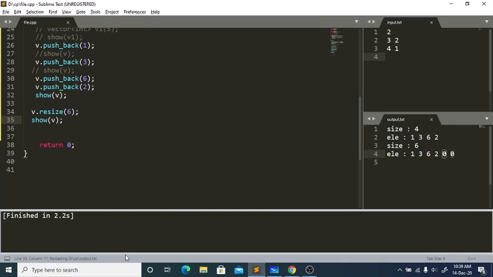Before writing resize, the vector was 1 3 6 2, and after I wrote resize(6), it has added 2 zeros at the last. Okay,